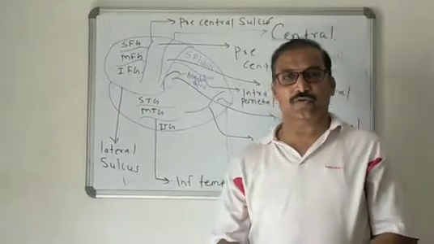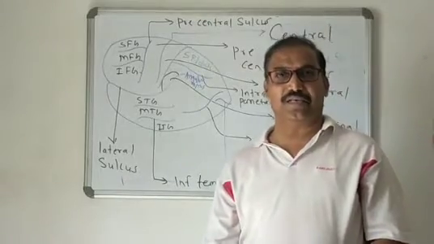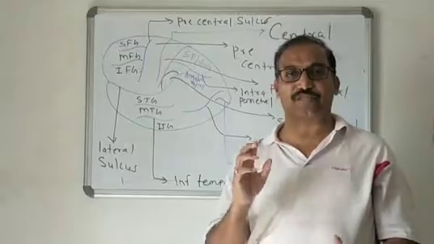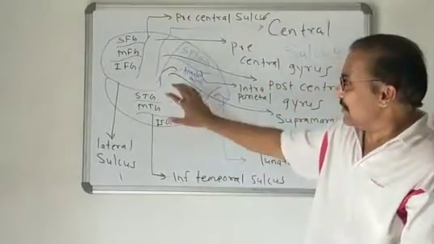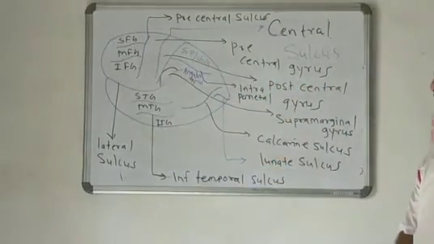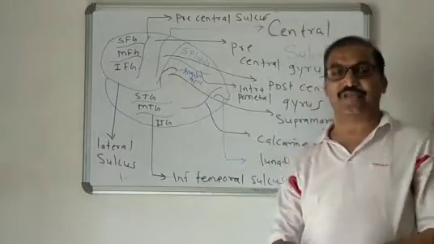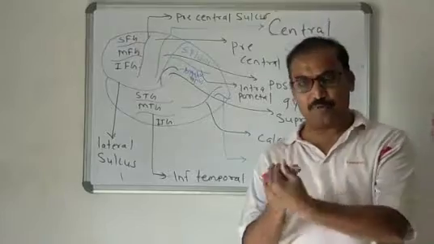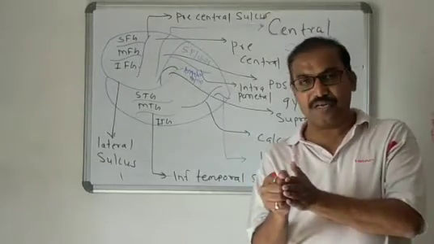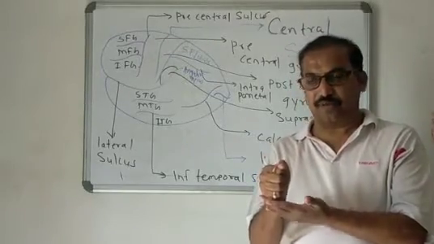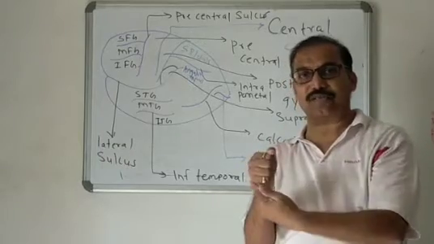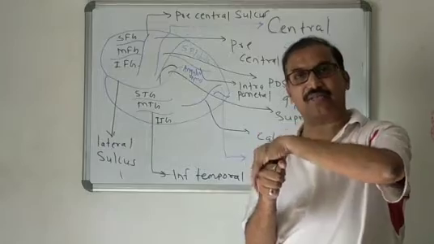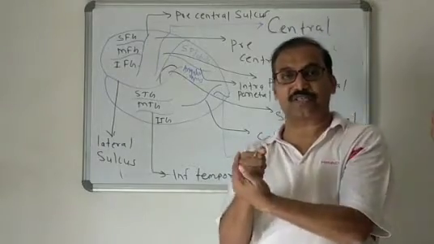Yes. So today we start with the next topic of the central nervous system, that is the cerebrum and the superior lateral surface of the cerebrum. See, this is the superior lateral surface of the cerebrum. You know very well the cerebrum. Each cerebral hemisphere has three surfaces: the superior lateral, the convex one, the medial, and inferior. See, this is the superior lateral surface. Understand? So that surface is related with the inner aspect of the skull.